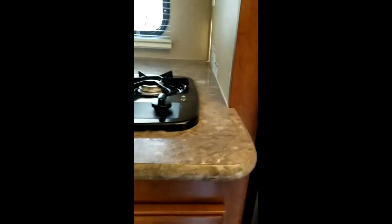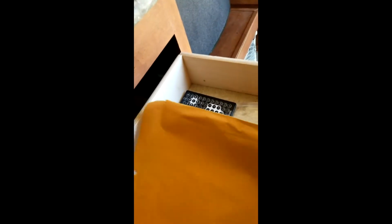And here are a couple of drawers. Paperwork in here. Owner's manual. A remote for the radio. Another drawer. Okay. Little storage up underneath